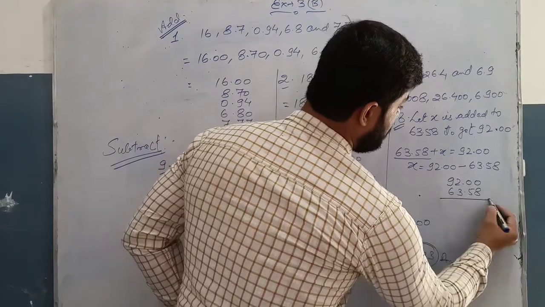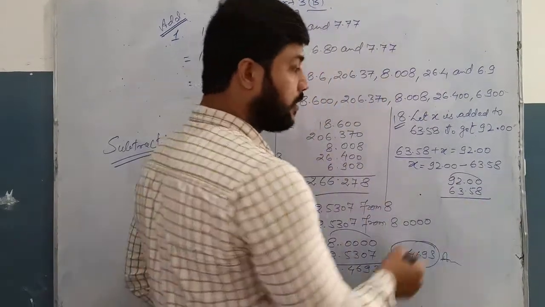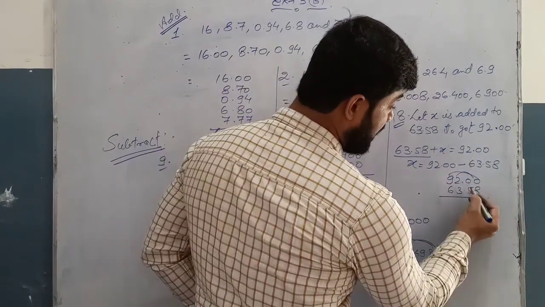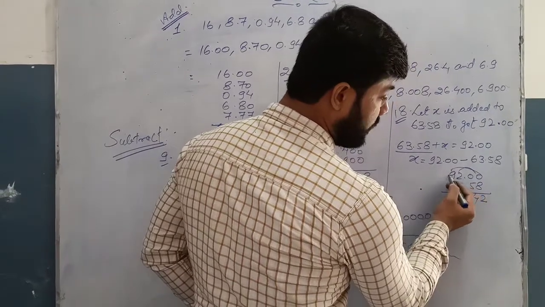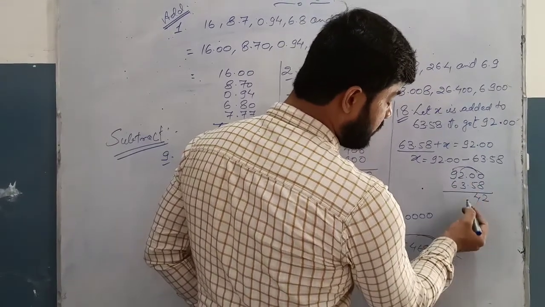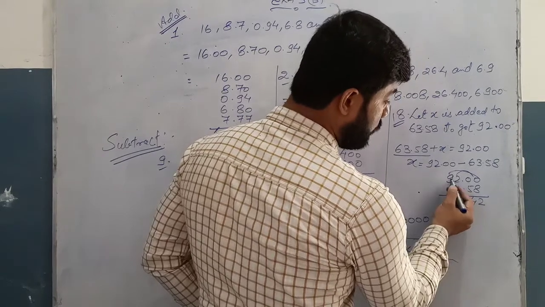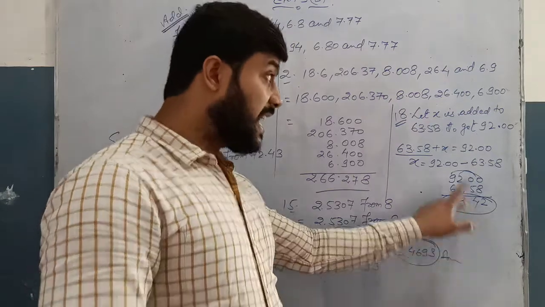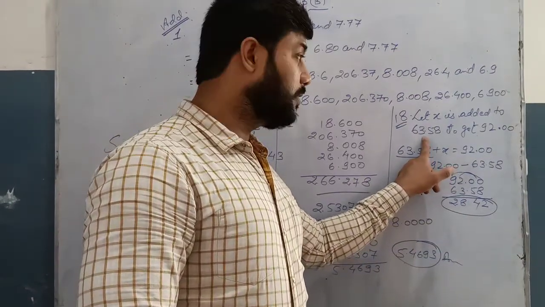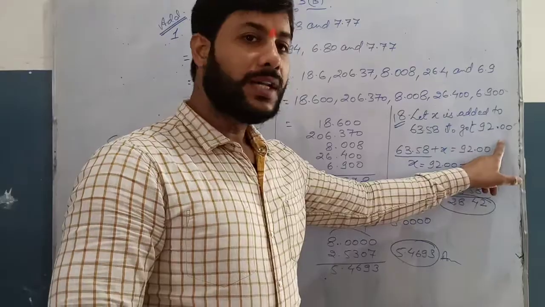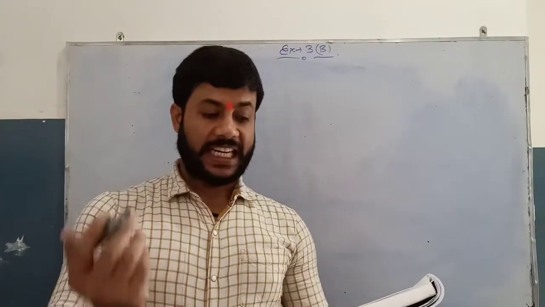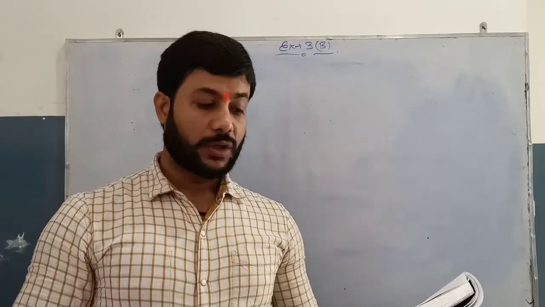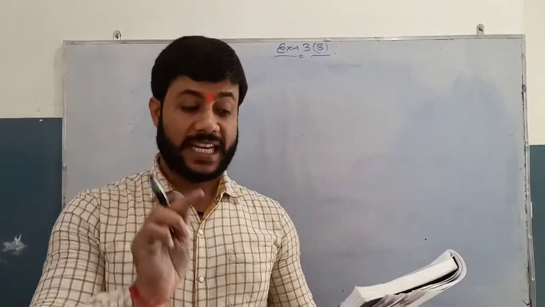Now we will take one from here, 2. So that is 10 minus 8, 2, 9 minus 5, 4. Here 1 remains, we will take 11. So 11 minus 3, 8. And now 8 minus 6, 2. That is 28.42... sorry, 26.42 is to be added to 63.58 to give you 92. So question number 18, what is to be added to 63.58, we have solved it. Question number 19, what is to be subtracted from 8.1 to get